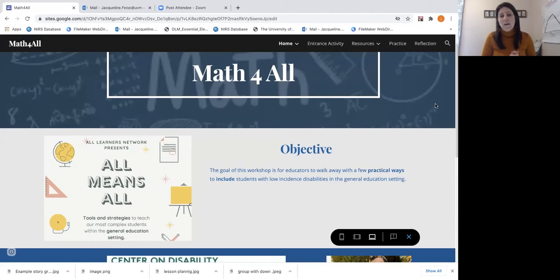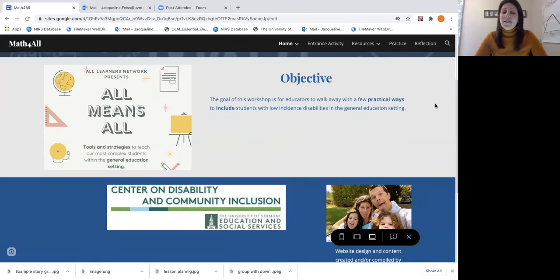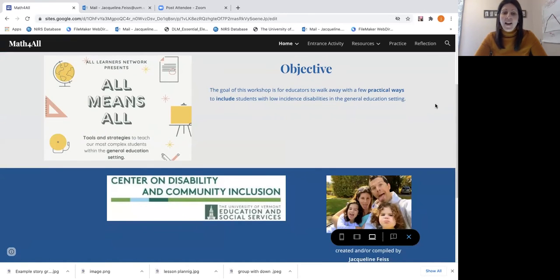Here we are today, and I work for the Vermont Interdisciplinary Team, a team of people that make this happen. School teams that have kids that are complicated put in requests for our support, and we help them in a variety of ways. My connection to the All Learners Network is I've been following John Tapper around for years, wishing and hoping that we could collaborate together. As of last year, we've been studying the way kids on the autism spectrum show their math thinking. That's been pretty fun. So all really does mean all, and I love that John's network stands for that.